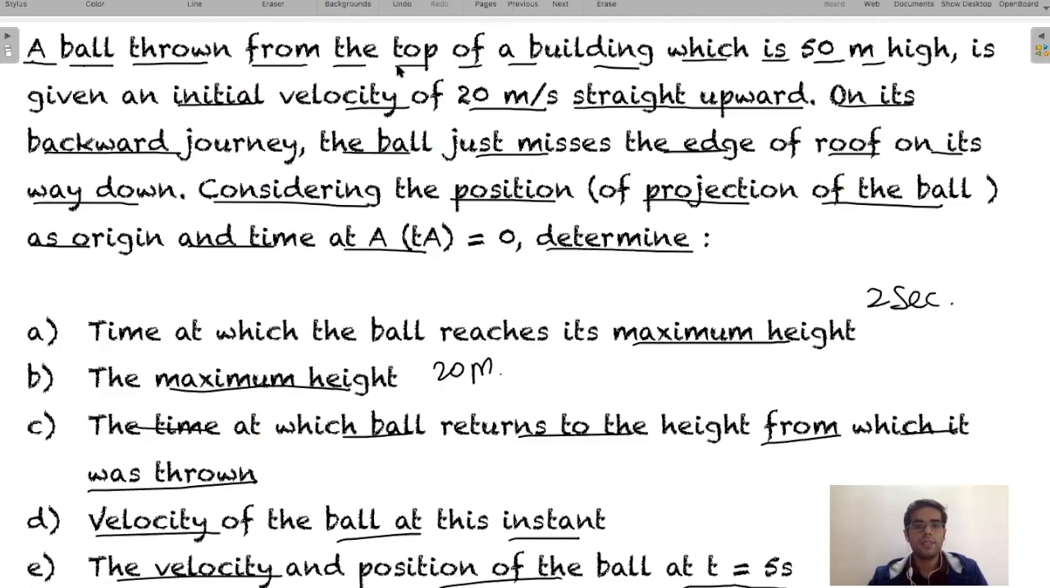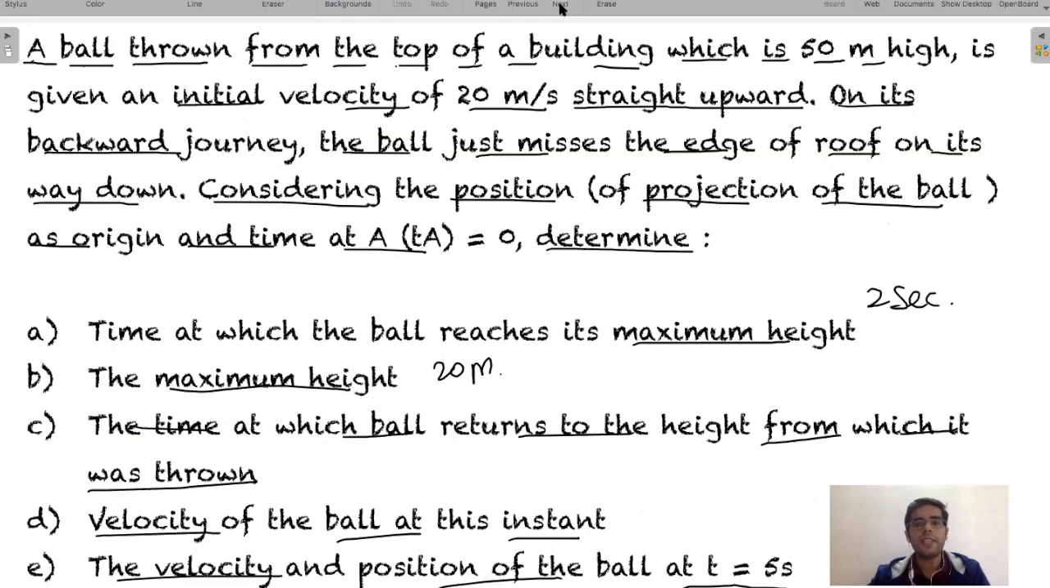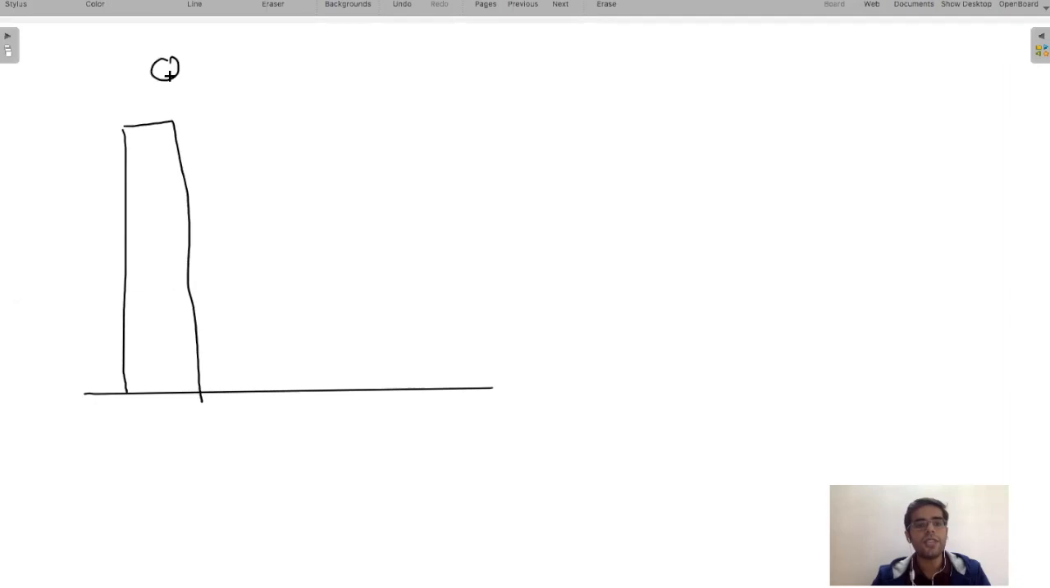Okay. Time at which the ball returns to the height from which it was thrown. Now what part C is saying is the time at which it comes back to point A. So I'm making the diagram once again to explain. This is point A, this is point B, which is the maximum height,